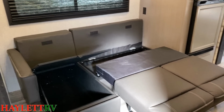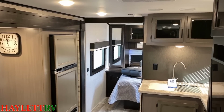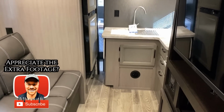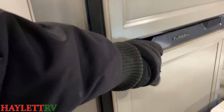So what are we missing? Oh, I got to close the slide. So remember that you have that direct entry door into the bedroom. What about if we close the slide? What else do we get? Well, with the slide closed, we maintain the ability to walk through here very easily. That doesn't block you off at all. The freezer's easy to get to. The fridge,